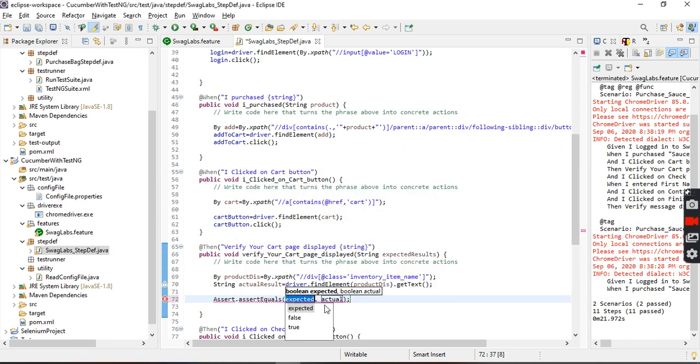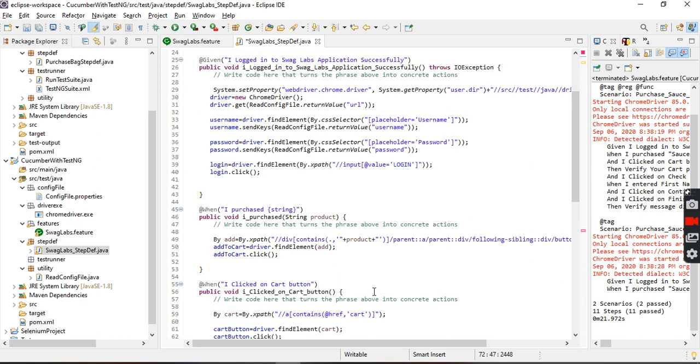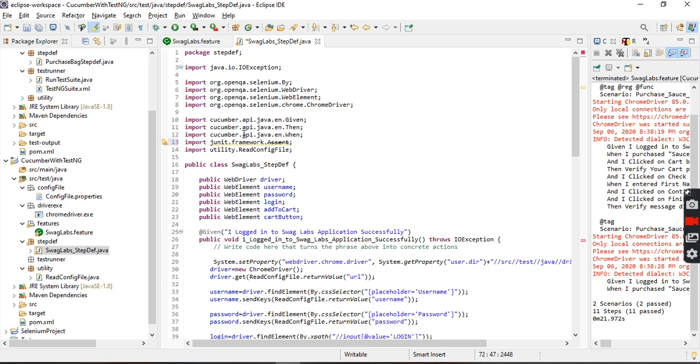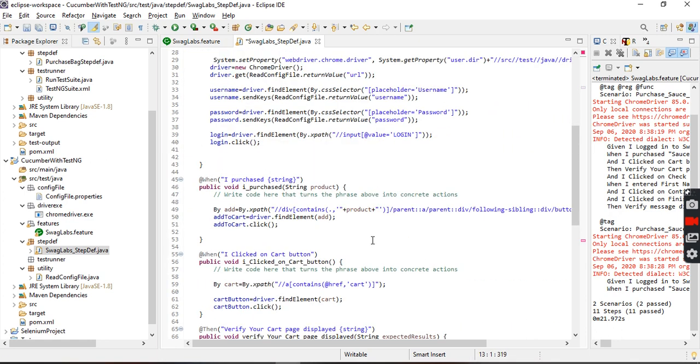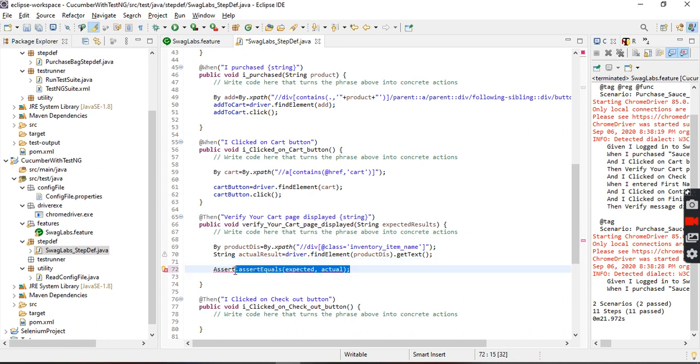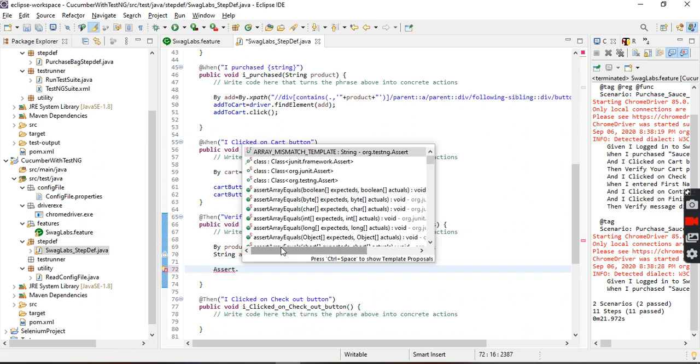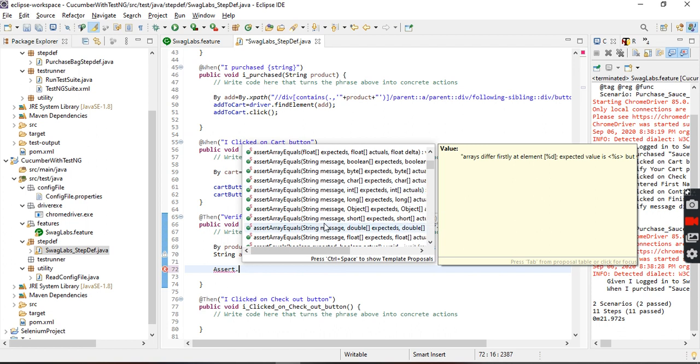Expected, sorry, here we need to use TestNG, not JUnit. Okay, so please listen carefully. Assert dot, here, JUnit, not JUnit, this is TestNG.